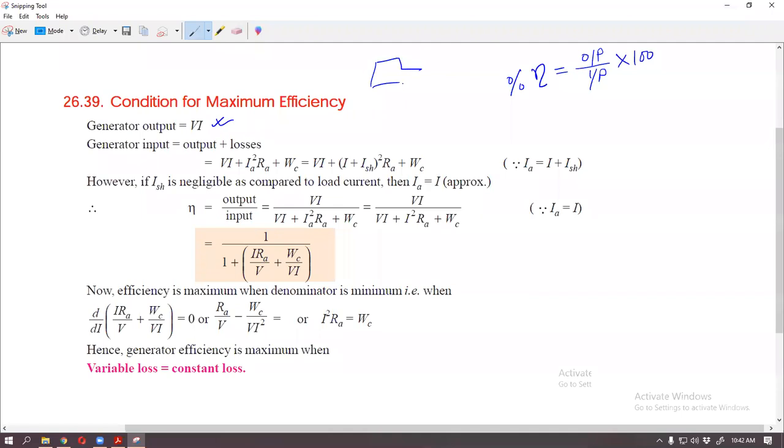Yes, good. So this is your power stage. This is your output, VI, and this is the input. So input is equal to